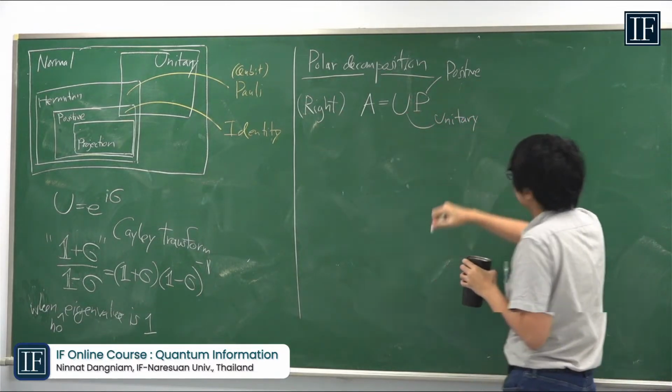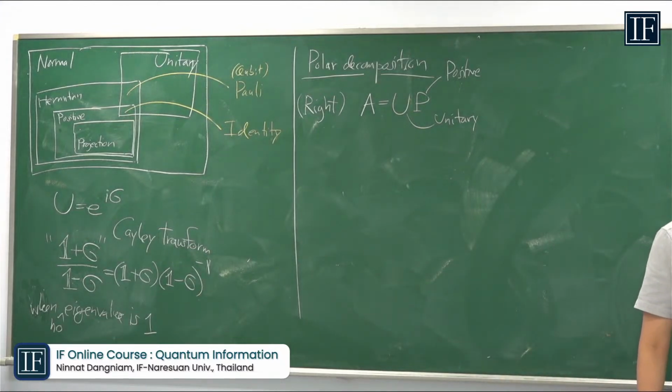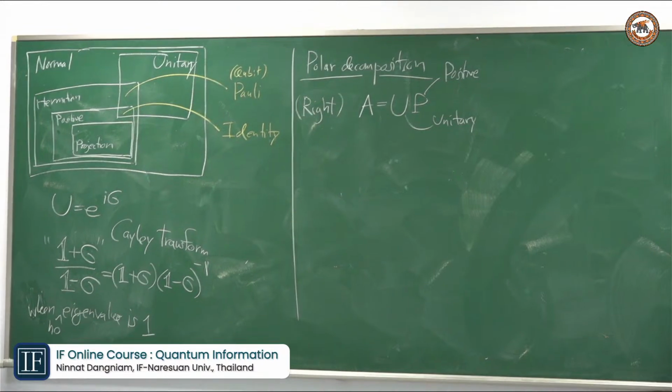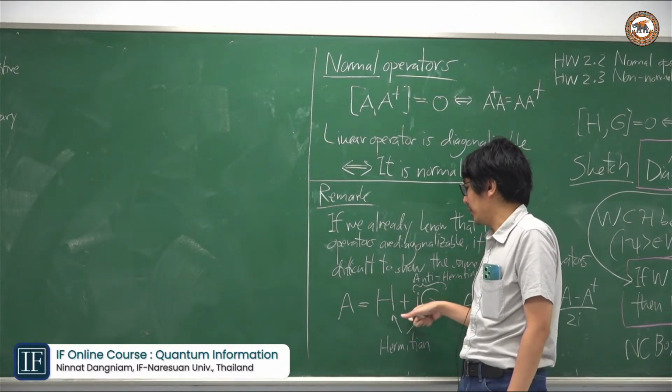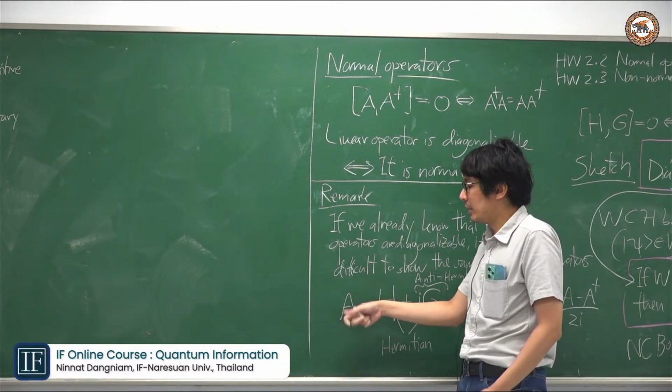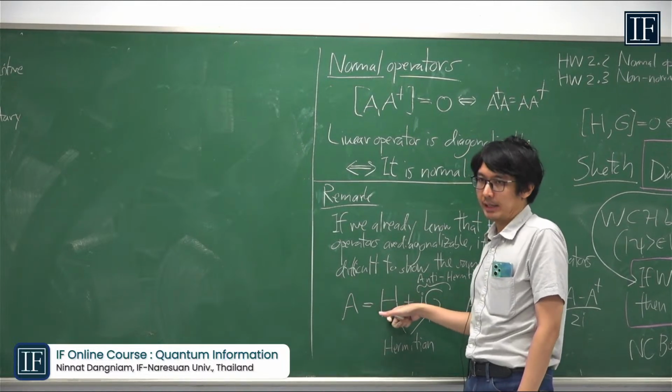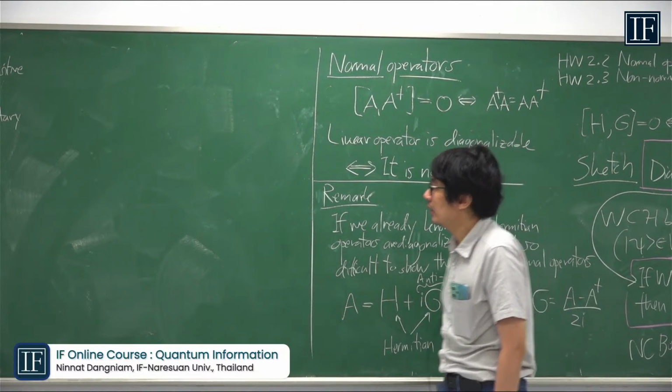I think the reason is that here we start to see one way that we can look at operators as kind of like complex numbers, right? Because here I decompose an arbitrary operator into its real and complex part. But here,